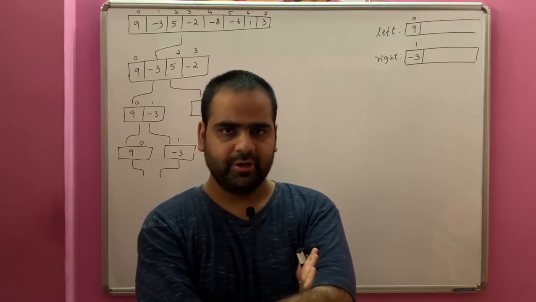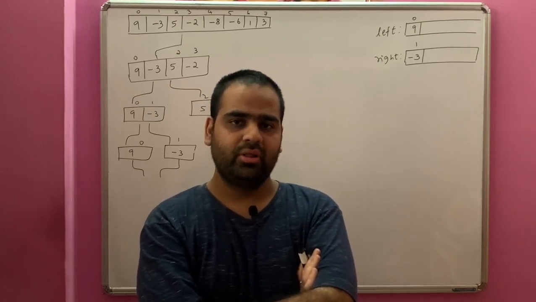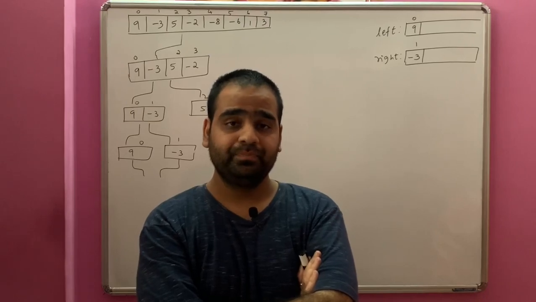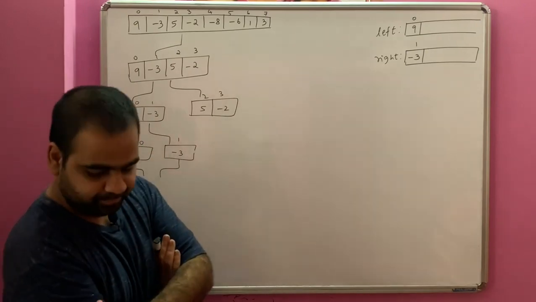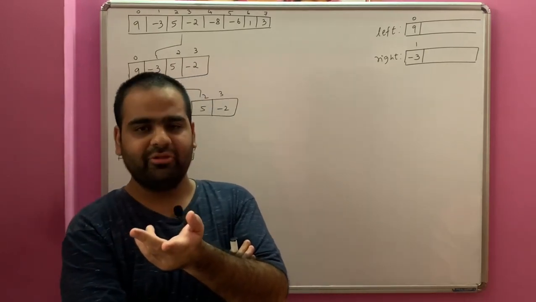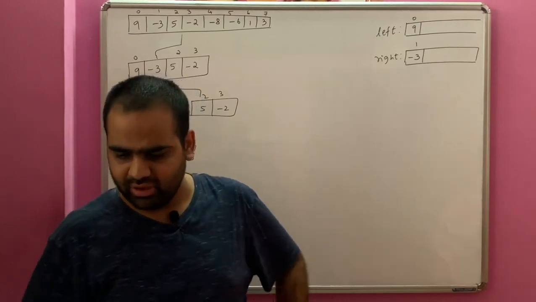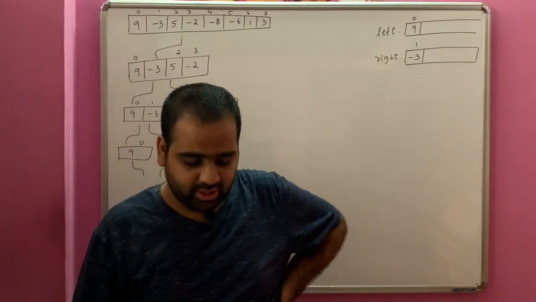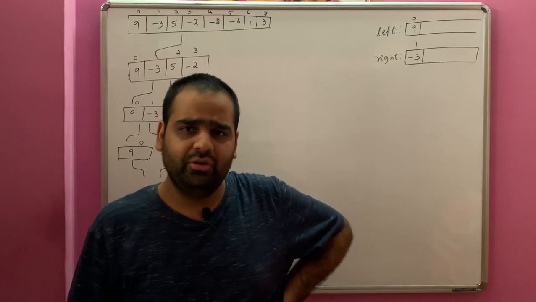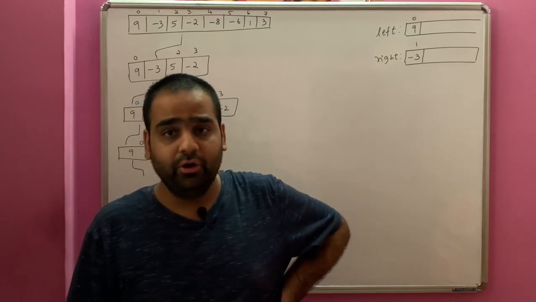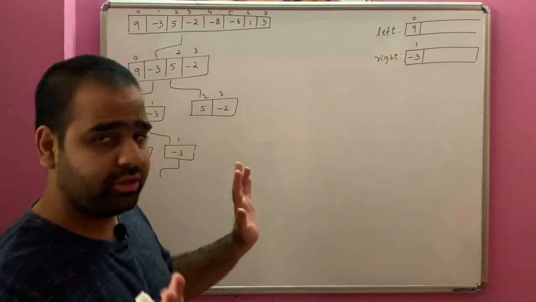We want to segregate it. Now if we want to segregate the negative numbers and the positive numbers, what do we have to do? It means if they both are of the same sign, how do we know that both are of the same sign? You think it, you do it. You watch my YouTube video as well, on how to find whether two numbers are of the same sign. I have done it in the C programming part. I will send you the link along with this video. How do you know that the two numbers are of the same sign or of different sign? You can use XOR. I'm just saying that.